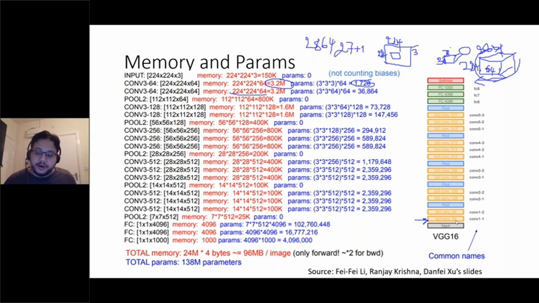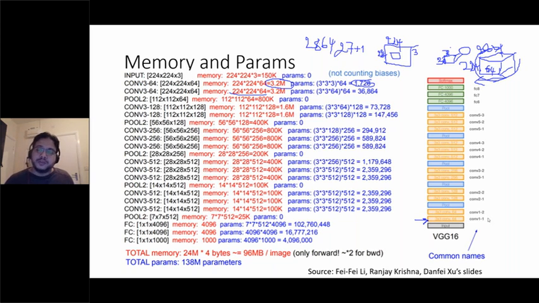So we have 64 neurons, and we are producing a feature map that is 224 by 224. It's the same size as the image, but with a depth of 64. That's all. When you say producing, do you mean that's the outputs? The output of this layer, yes. This layer is just 64 neurons.